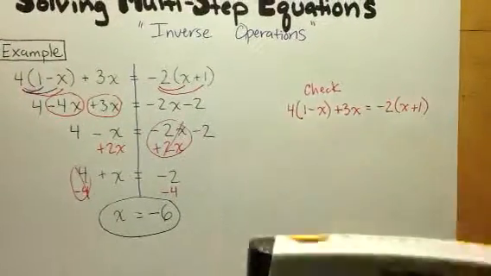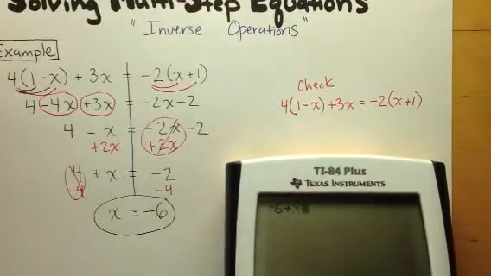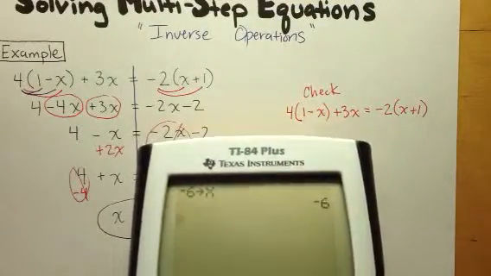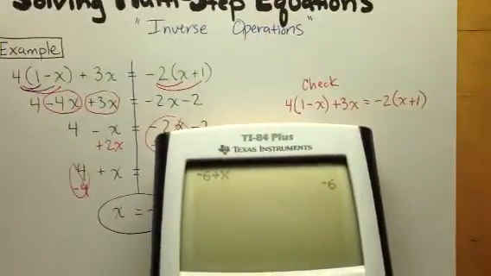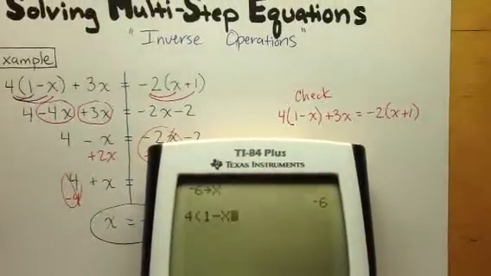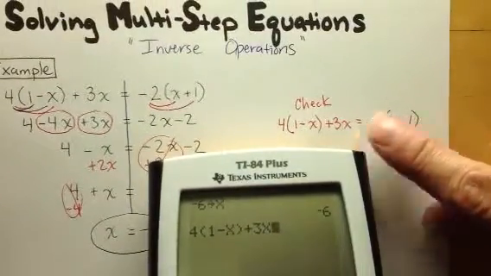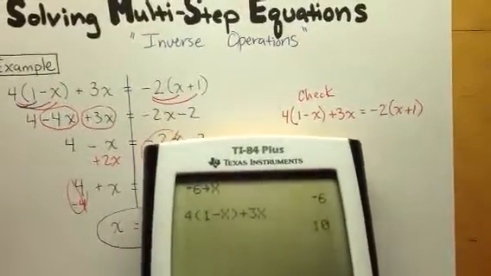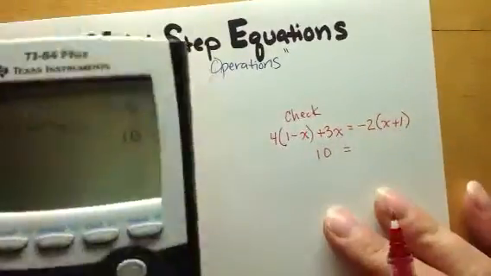So, negative 6, store into x. Alright, now my calculator knows what x is, and I'm going to check to see if the left side of my equation, so 4 times the difference of 1 and a number, plus 3 times the number. So that's the left side. I'm going to hit enter. Okay, I get 10. So on the left, I have 10 equals,